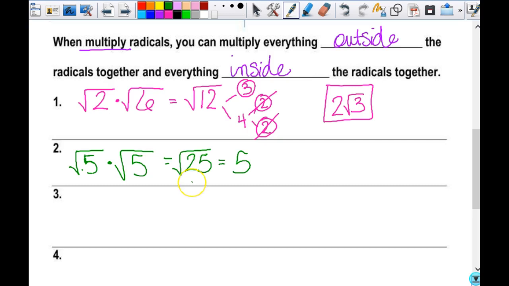No more of this. So if I ask you what the square root of 5 times the square root of 5 is, the answer is not the square root of 25. It is 5. Okay? The square root of 10 times the square root of 10 is what? 10. The square root of a million times the square root of a million is a million. Square root of a monkey times the square root of a monkey is a monkey. It doesn't even have to make sense to you, okay? I use monkey and elephant examples a lot because y'all seem to think that